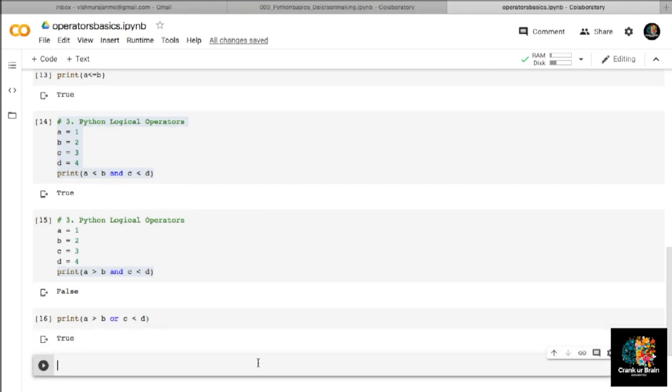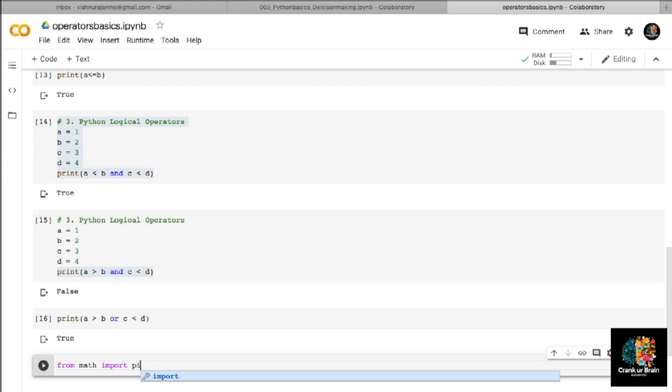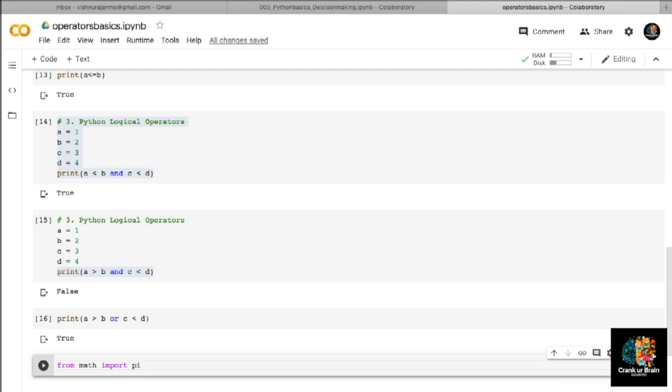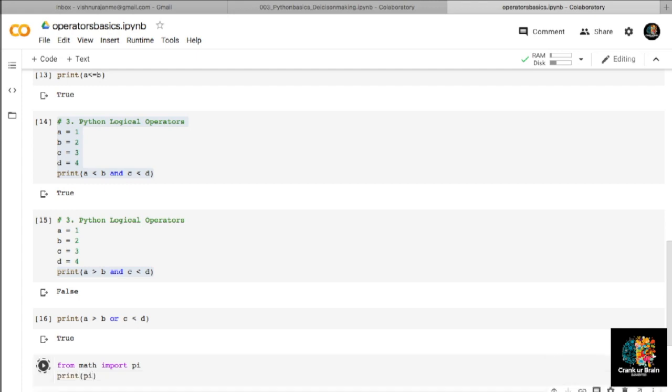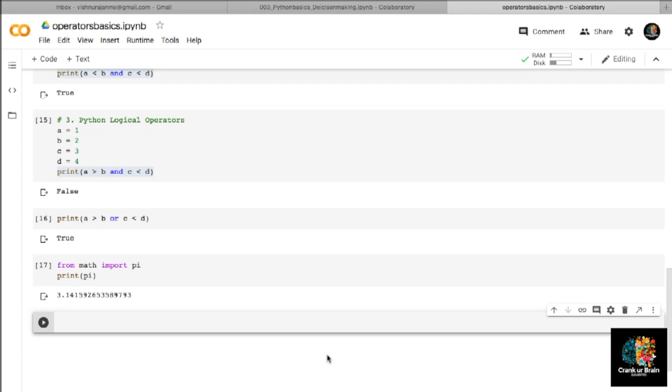Yes. Another important concept in Python is importing certain inbuilt values from certain libraries. How you can do that means, you will just be typing from, and some library name you have to give. Here I am giving the math library, and I will be giving import what? Pi. Pi means, the answer you already know, what is pi. Pi is 3 point something. So we will also try to see whether the value is printed correctly or not. Yeah. So here I have got the exact value of pi like this.